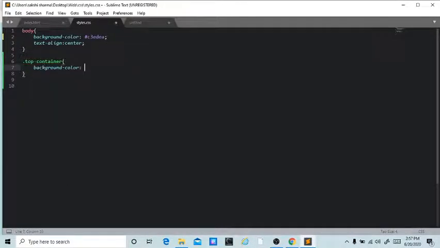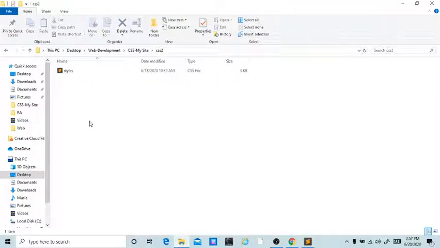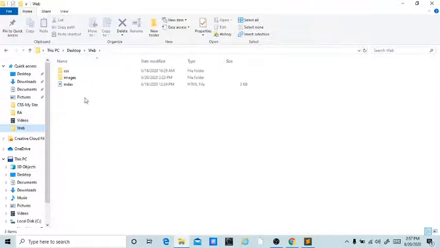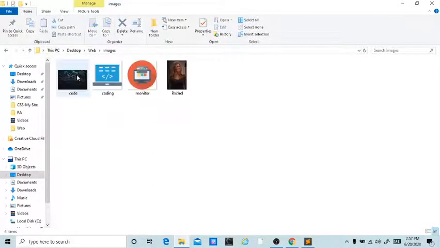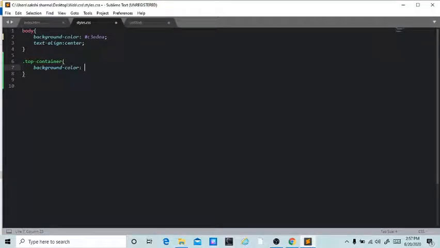So background image. Make sure that you have the image in your folder. This image we have to add, and there is a proper format of adding an image in the styles.css. It's nothing like index.html, it's different.